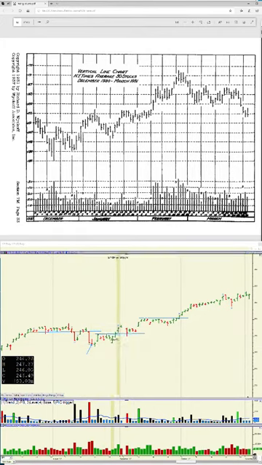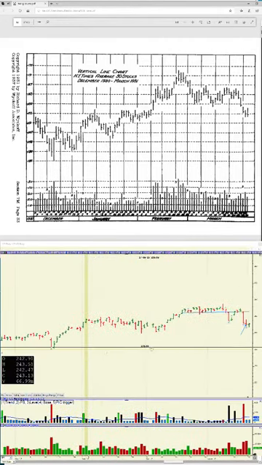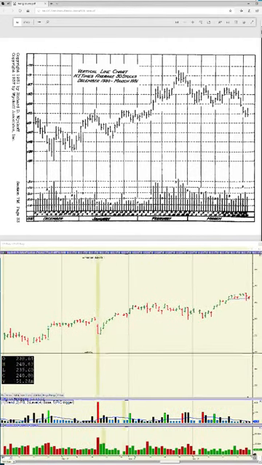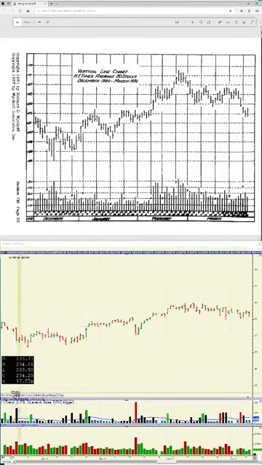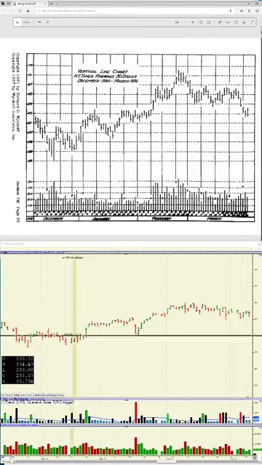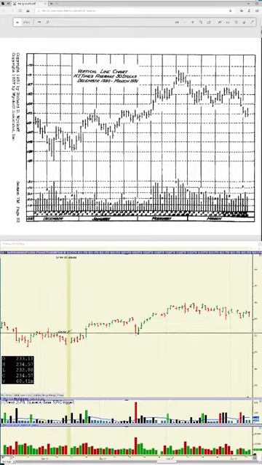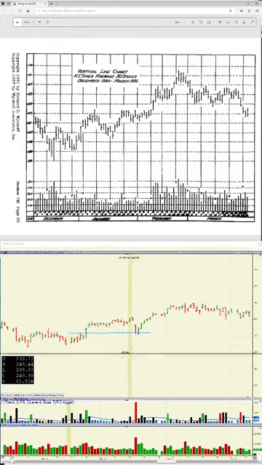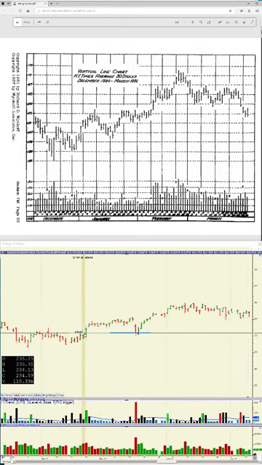Let's see. It's either here or here. I don't know. I think it's over here. Anyway, so this is another example of markets that are basing out, and then bang, right there is your high volume indication. That's your breakout volume. That's your pullback. The high volume climactic action here.